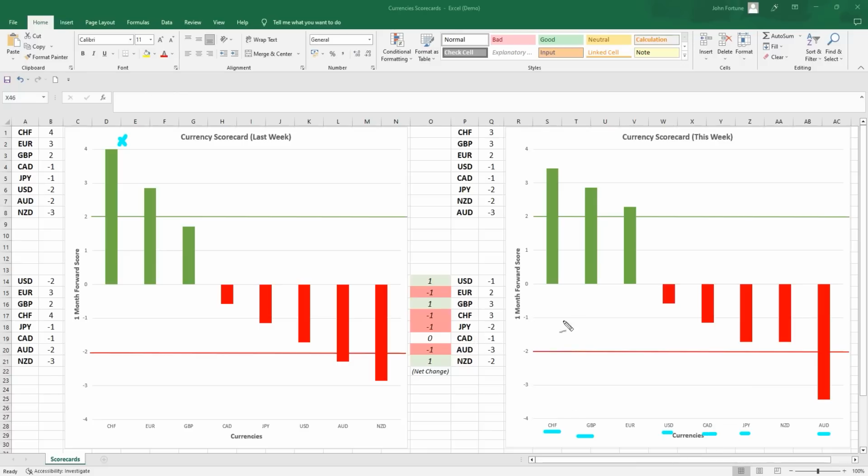And the Japanese yen, as you can see, is weak and getting weaker in the scorecards. And what that means is that this is actually, alongside pound longs, yen shorts, my other favorite market going into next week.